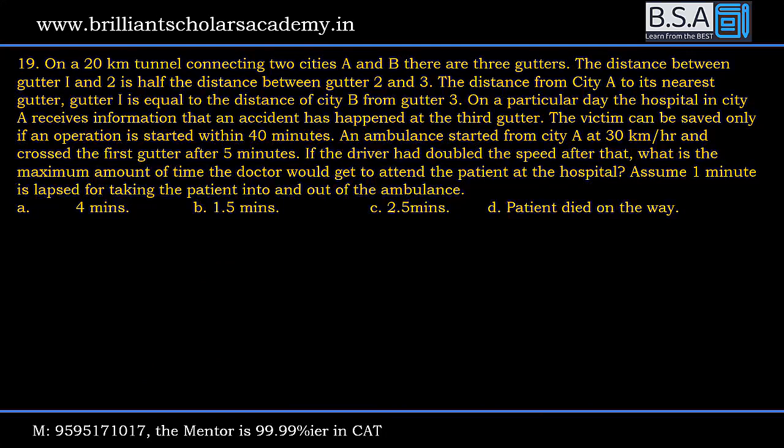On a 20-kilometer tunnel connecting two cities A and B, there are 3 gutters. The distance between gutter 1 and gutter 2 is half the distance between gutter 2 and gutter 3. The distance from city A to the nearest gutter 1 is equal to the distance of city B from gutter 3. On a particular day,